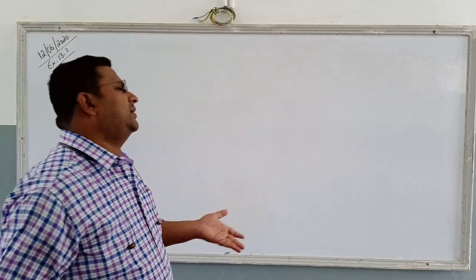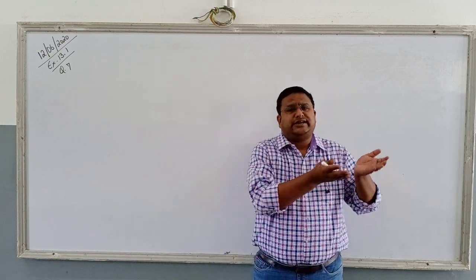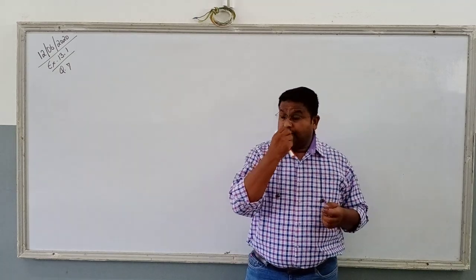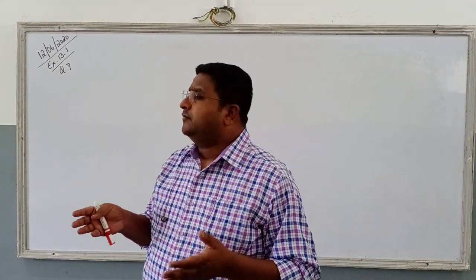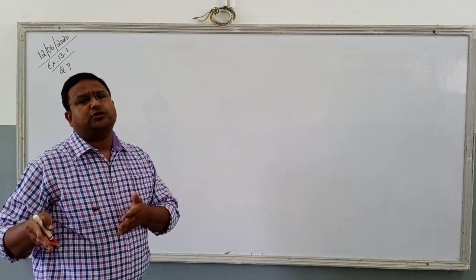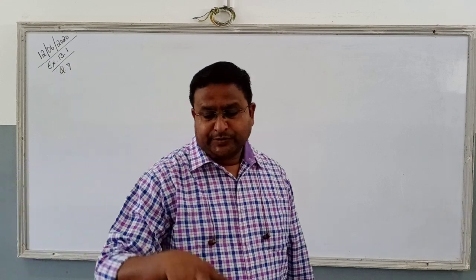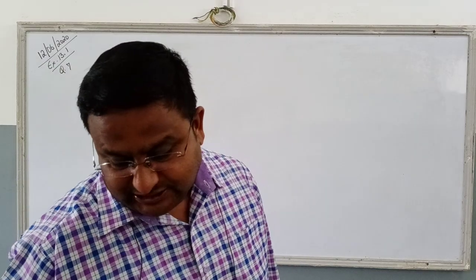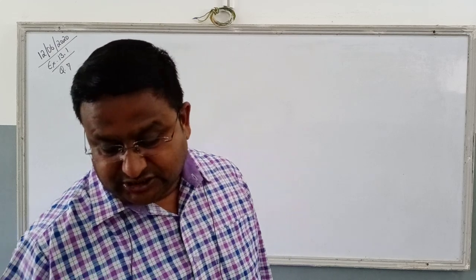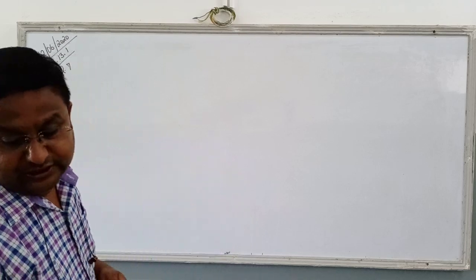All of us, someday or the other, have eaten sweets and brought sweets in cardboard boxes. There is a variety of boxes. When we go shopping for sweets, a 1 kg box is bigger in size, a half kg box is smaller in size, and the same goes for 250 grams. So here also two types of boxes are being placed. It says two sizes of boxes are placed, the bigger of dimension 25 centimeter, 20 and 5, and the smaller of dimension 15, 12 and 5.